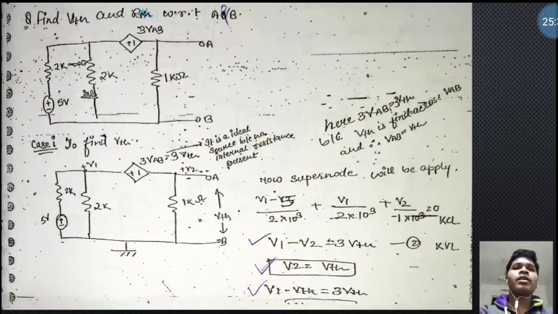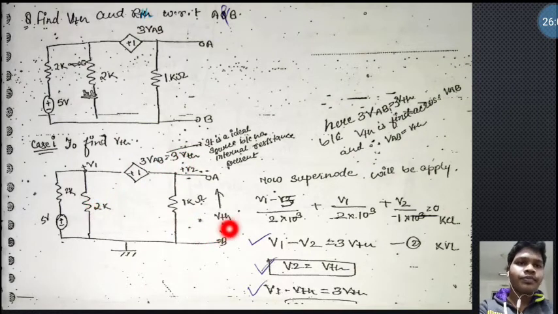Now come to another question. It is also asking to find the VTH and the RTH with respect to A and B. So there is a dependent source and another one is an independent source there. So how do we find the VTH and RTH? Let's see. To find the Thevenin's voltage VTH, see this VAB, this is our VTH, Thevenin's voltage. So this Thevenin's voltage VAB is 3 VTH, so 3 VAB is equal to 3 VTH. It is okay.